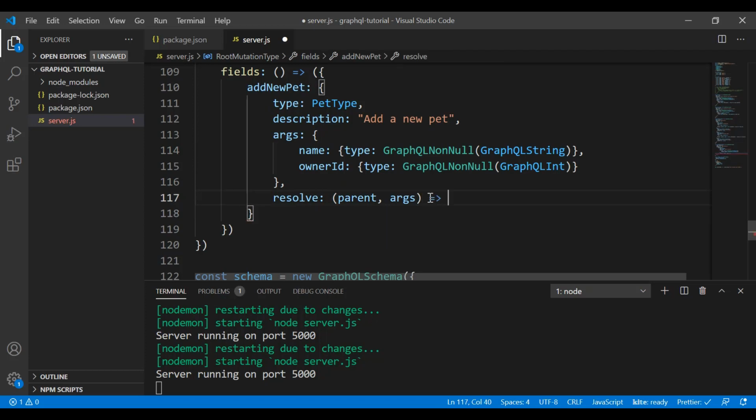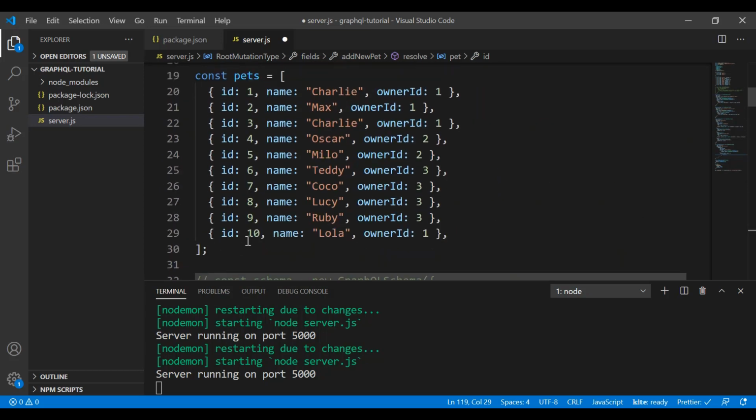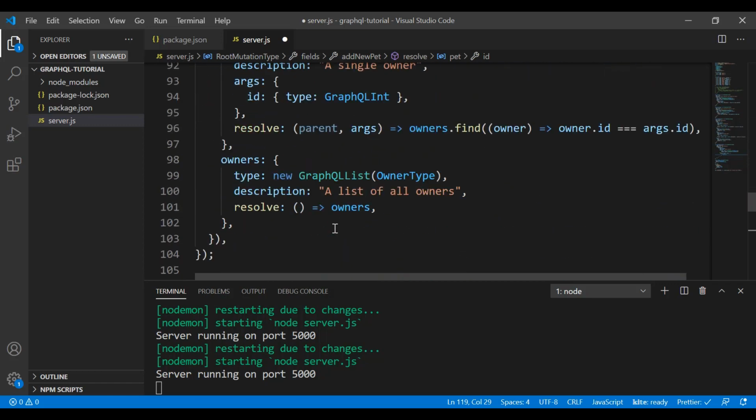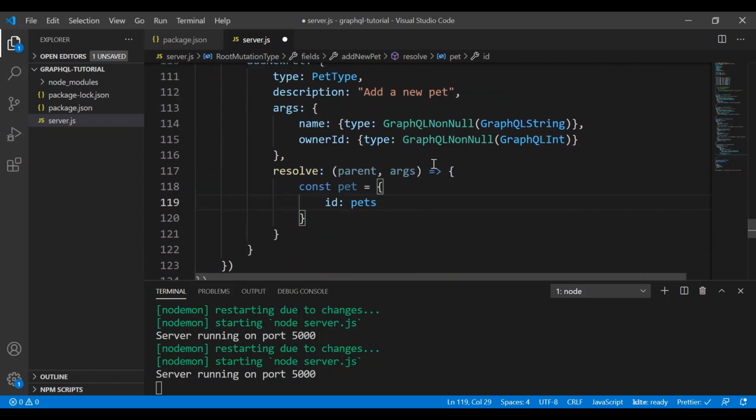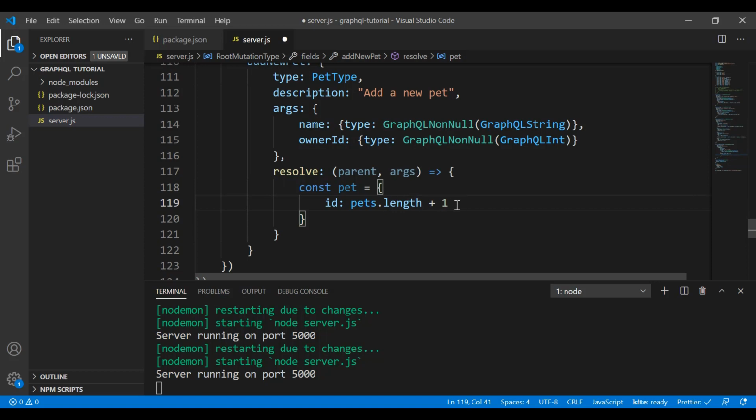And right here, we need to have this pet that includes the ID of the pets, to get the ID of the list of these pets. So right now we have these 10 pets, so we need to know the next one. Then we can just use this dot length and +1. So this will be the 11 for the ID, and the name